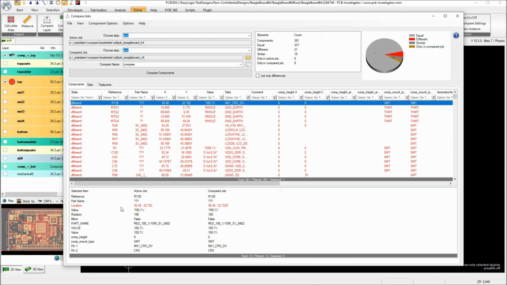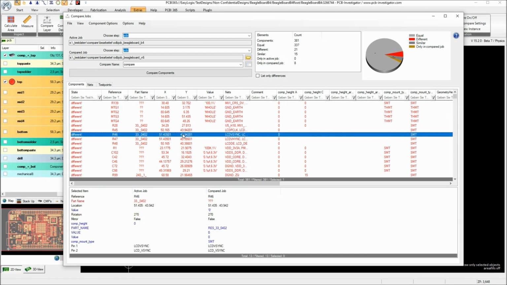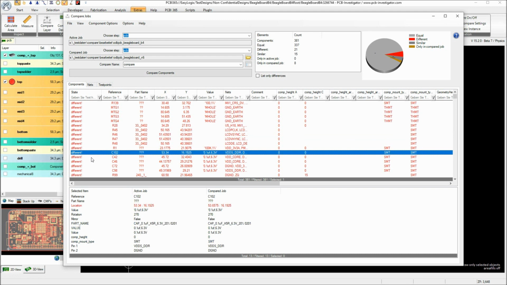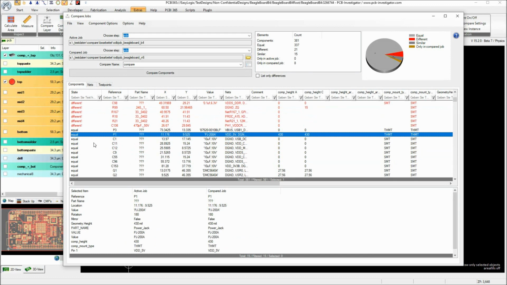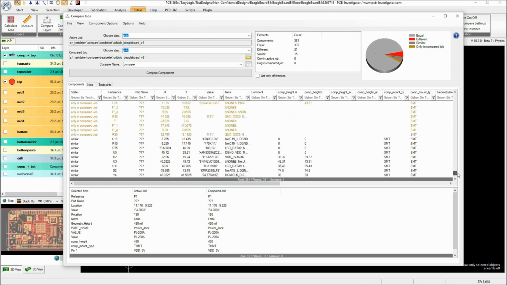So here the location is different. The component R139 is in both designs, but has a different location. Here the rotation is different. Here the whole part name is different and a few more attributes are there. So you get detailed information for each single component about the differences in the properties or in the location or values. We see a lot of components are equal, and on the lower bottom of this list, a few of